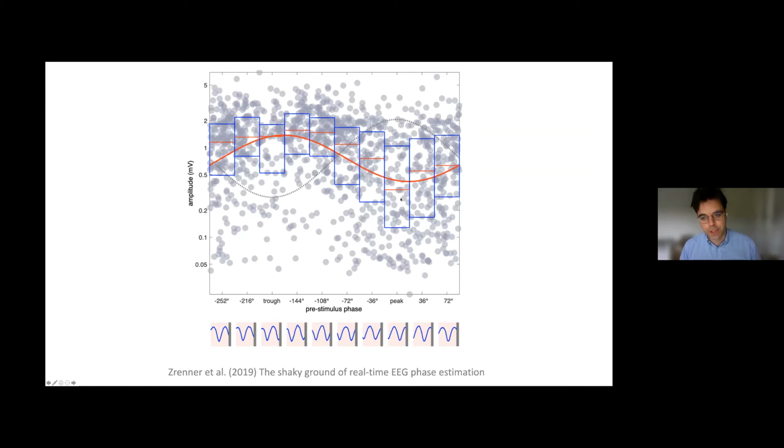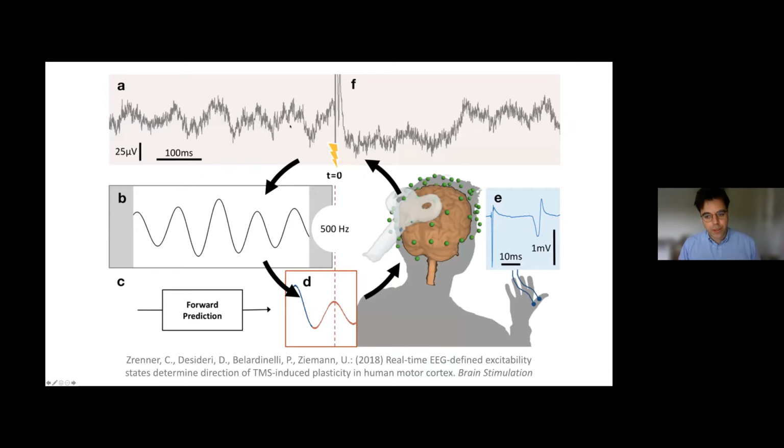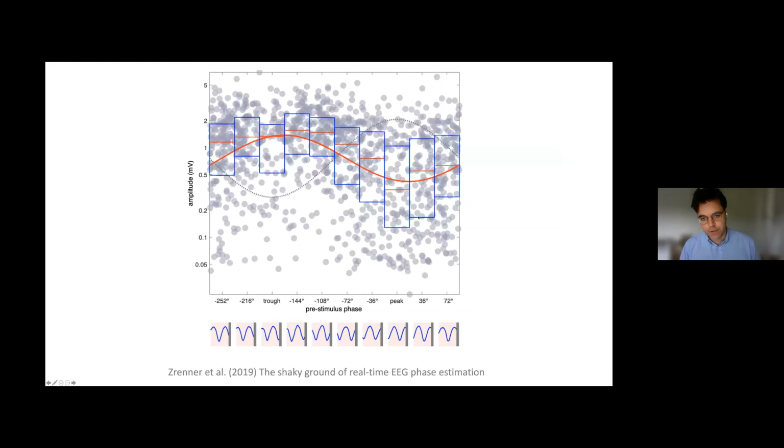Now, of course, this is a subject where this worked very beautifully. It's not always like this, but this is the idea that we have these periods in the brain where excitability is higher, and then we can build this kind of a real-time setup. So this experiment here, you don't need a real-time setup. You can just stimulate randomly and then sort the trials afterwards.